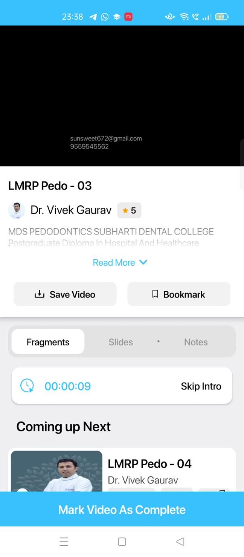After doing that, we'll transport the tooth into the fluoride solution. That is, we'll use 1.23% sodium fluoride or the APS solution. Generally we keep it for 5 to 20 minutes. The purpose of putting the tooth into the fluoride solution is because we know that the biggest disadvantage of reimplanting the tooth back into the socket, when the time period exceeds 60 minutes, is that there are chances of resorption.